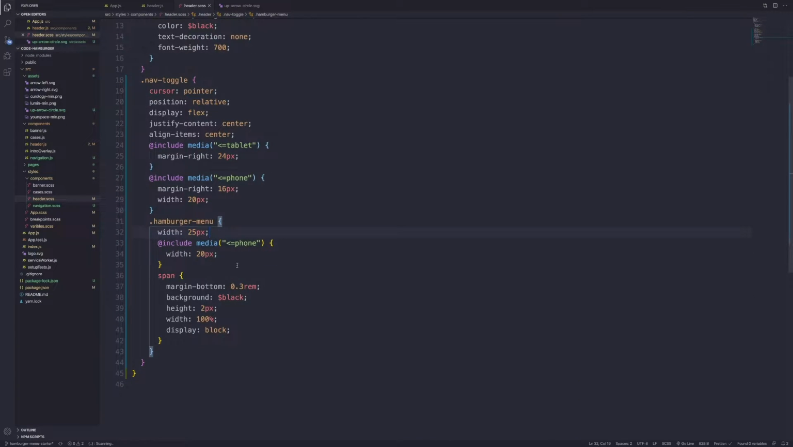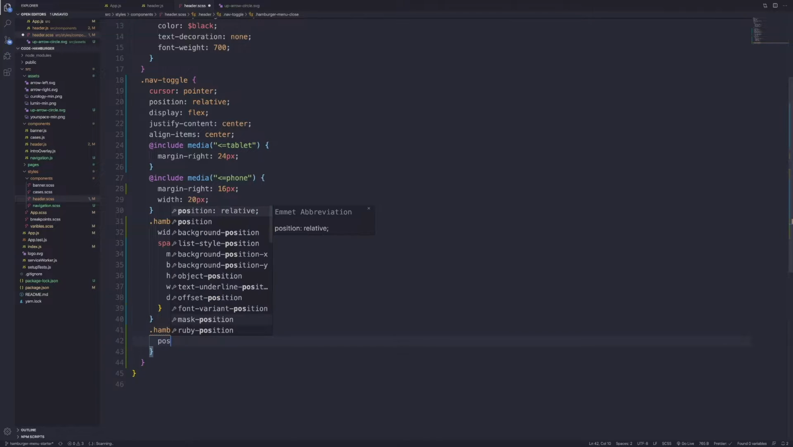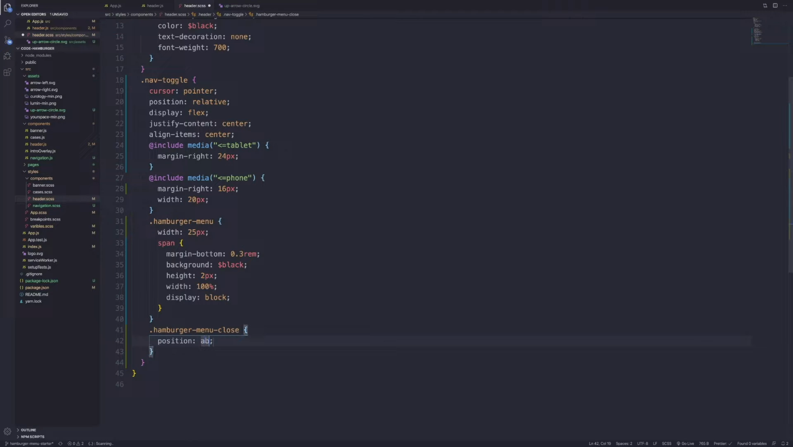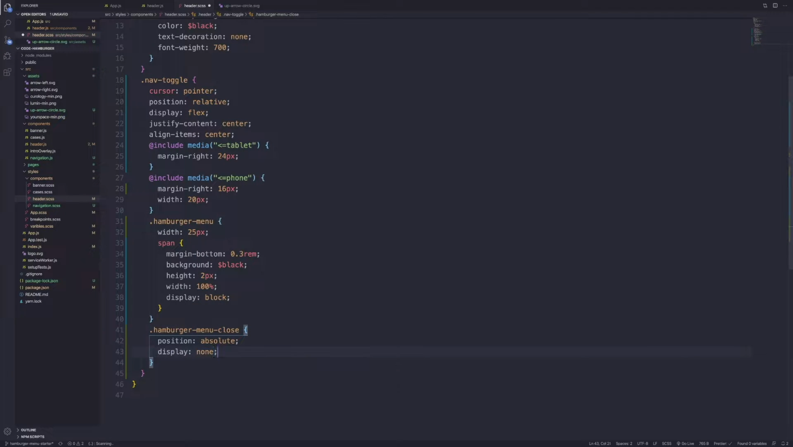Next up we have the hamburger menu, and for the hamburger menu we'll just get rid of this media query and we'll leave it to where it says the width and the spans should be the same. Now as a sibling to the Hamburger menu, we do have the Hamburger menu close. So let's go ahead and get that written. We'll write hamburger-menu-close, and we'll just set this to an absolute position, and we'll put display none so that we could hide